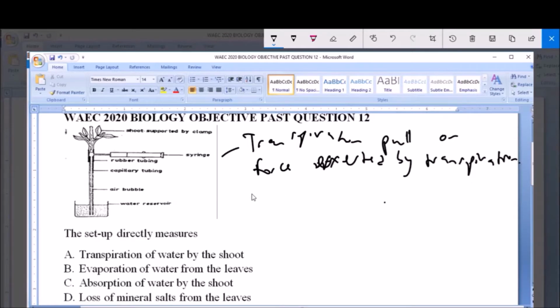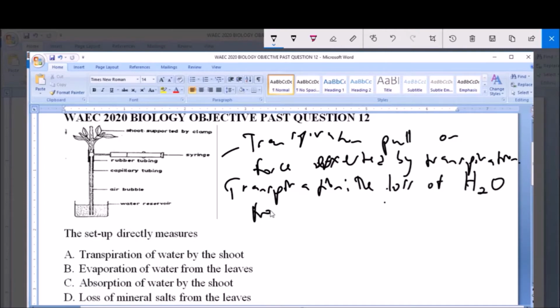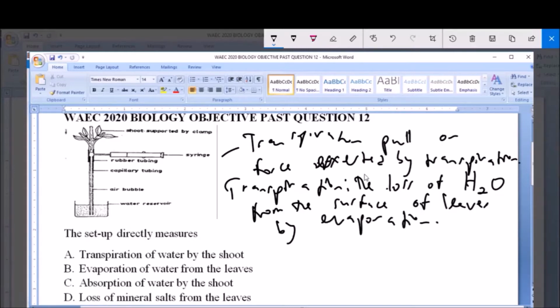Now transpiration is the loss of water from the surface of leaves by evaporation. So this setup is used to demonstrate the force